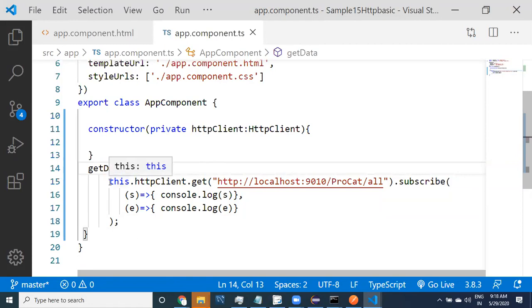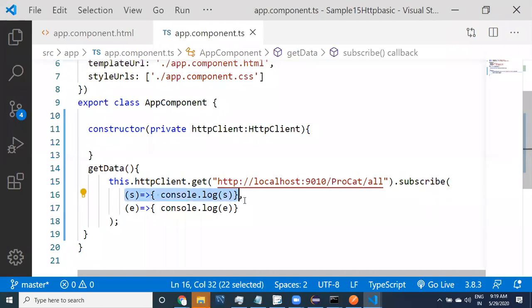Whenever you see this dot HTTP client dot get of this kind of information dot subscribe, we are providing arguments: this is one argument, comma, this is another argument. Actually, we are going to write many statements inside these curly brackets.